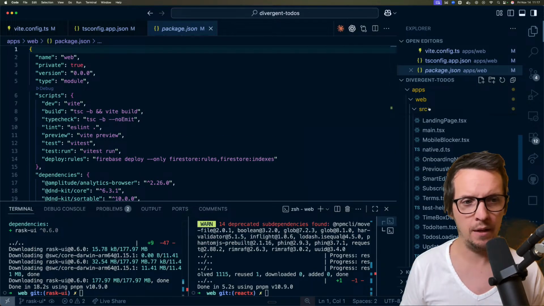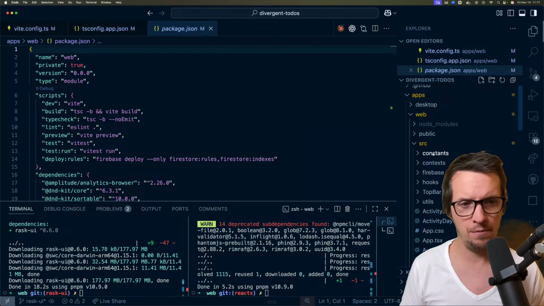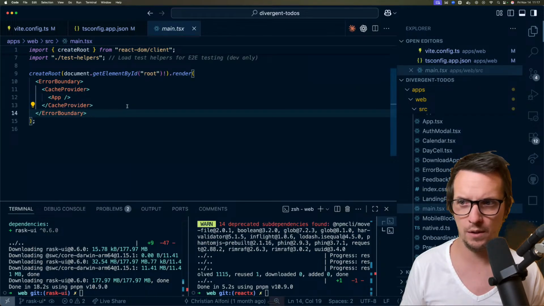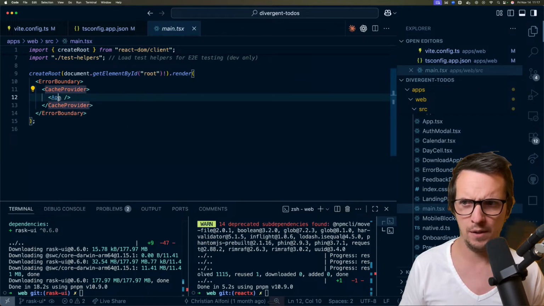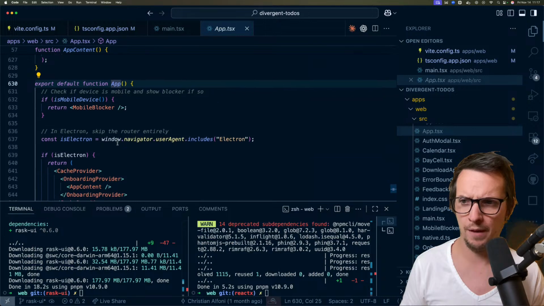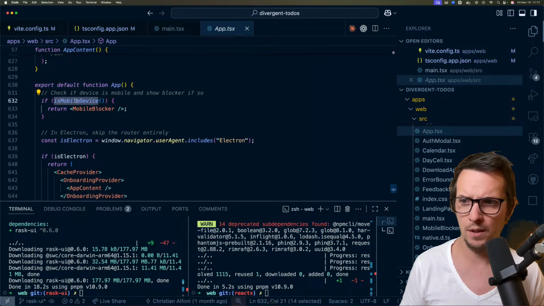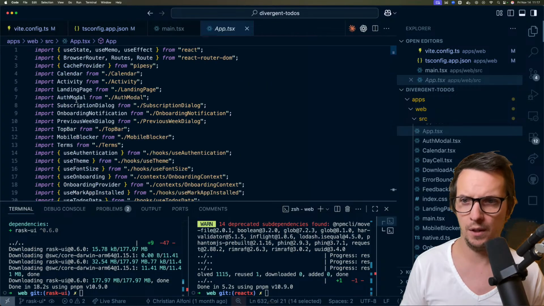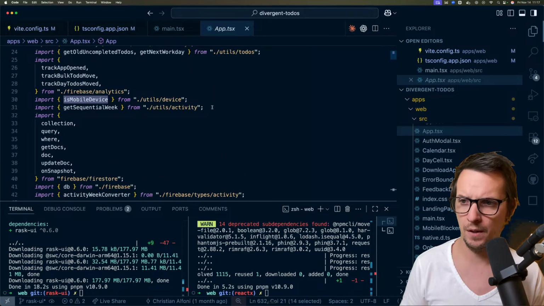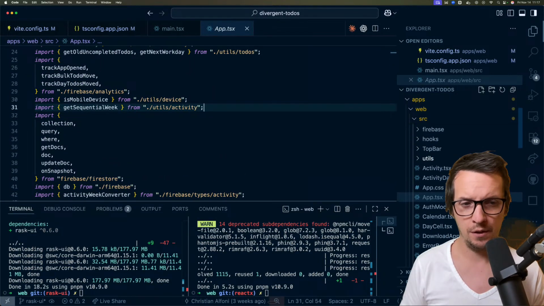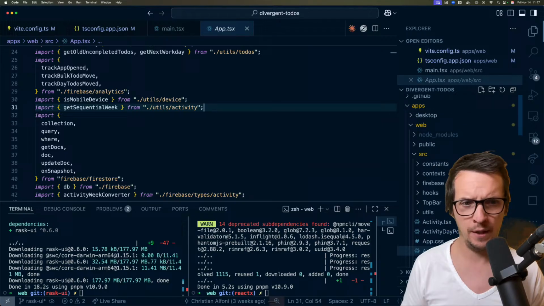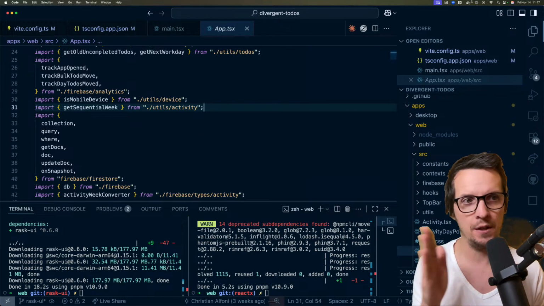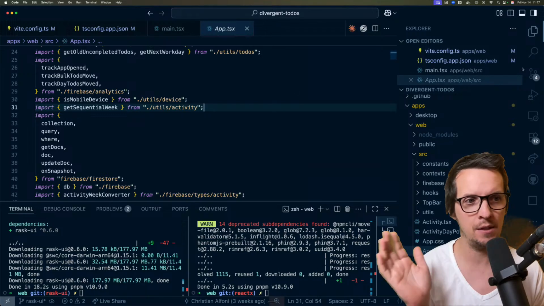Yeah, whatever. We're not gonna actually run it for now. Let's just look at how the app works. So we have this cache provider. We have the app. Is mobile device. Where's that coming from? Oh my God, this is a lot of stuff. Okay, interesting. So we have something called is mobile device, which is currently hard coded. So if you change the size of the app, it doesn't actually